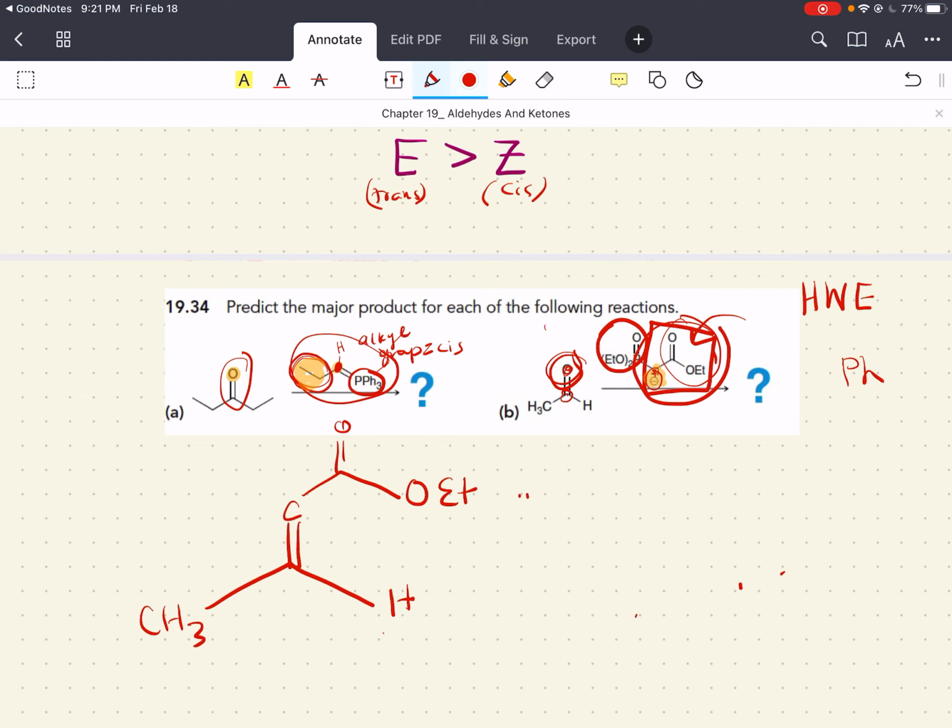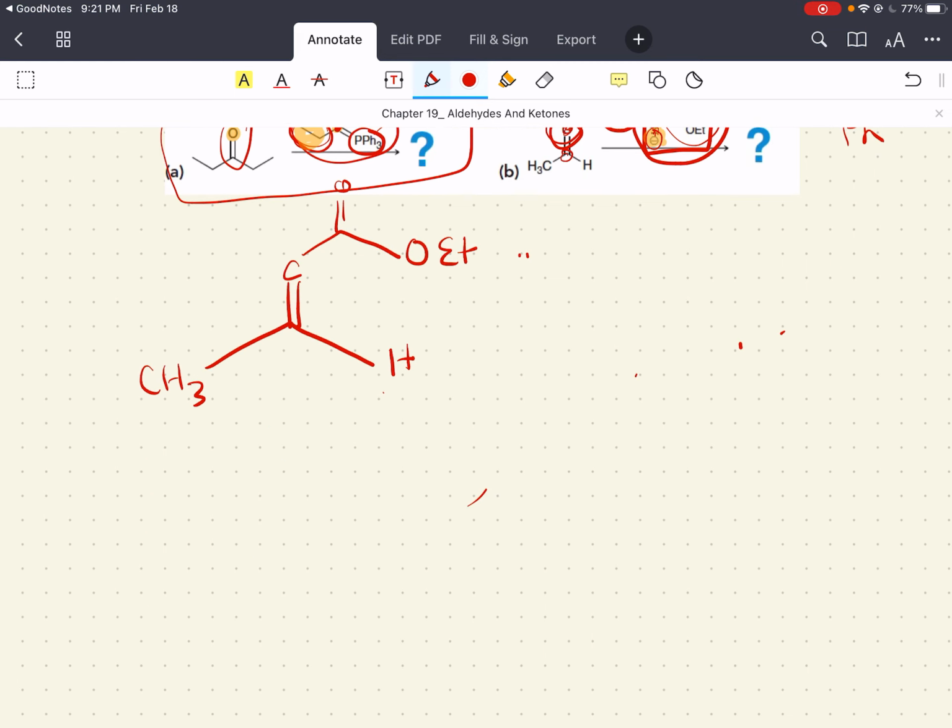Now, if this is confusing, this is fine. This was just an example I wanted to do to introduce Wittig reagent analogs. But for the most part, just focus on your normal Wittig reagents and try to master doing these problems. All right, now the last carbon nucleophile